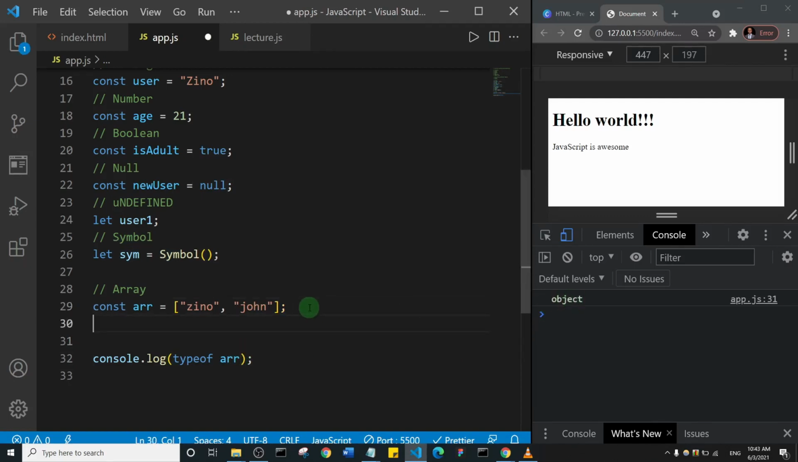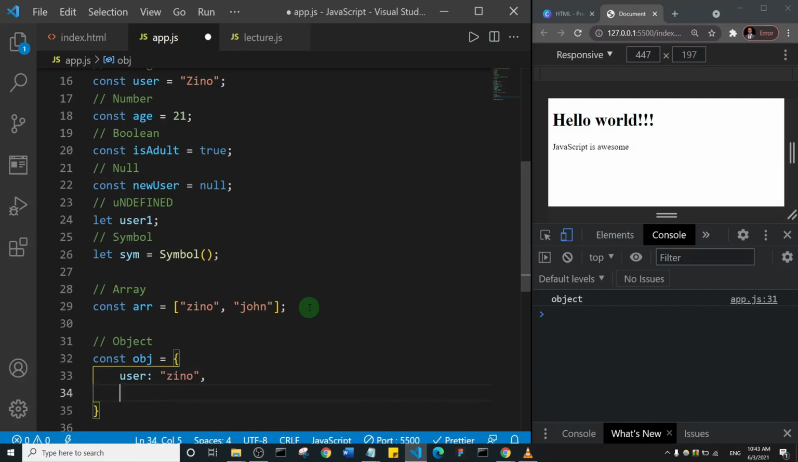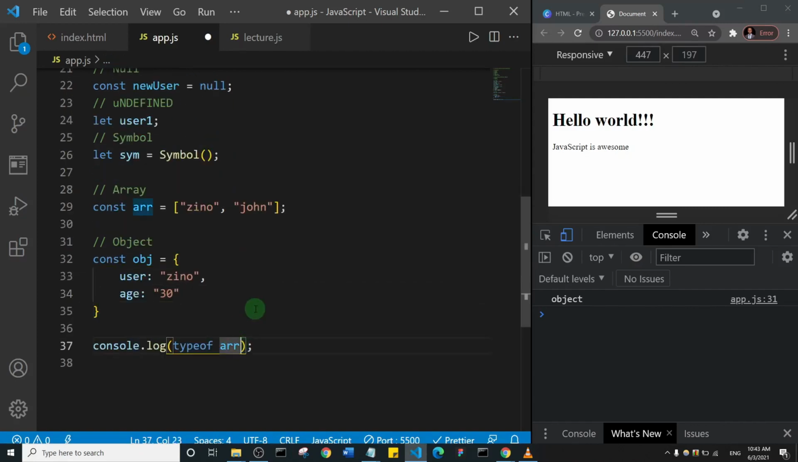What I'll do last is create a quick object. So let me say object, and I'll say const obj, and I'll set it equal to an object literal. I'll give it some properties. I shouldn't use name, I'll say user, and I'll set that to a string, Zeno. I'll do a comma, and I'll say age, and set that to maybe 30. Then I would save that, and do a typeof obj,